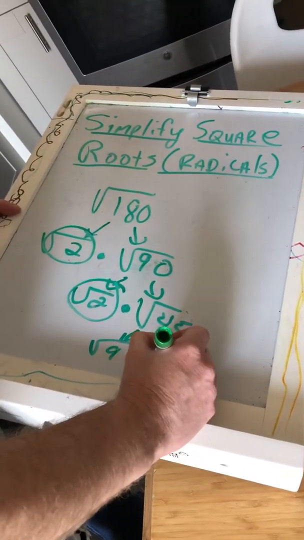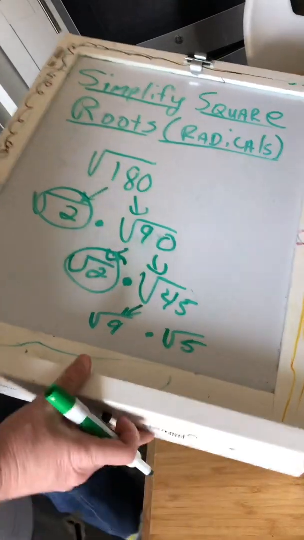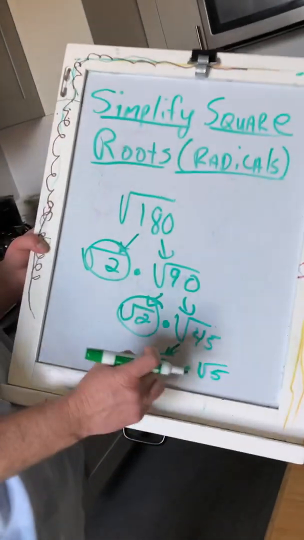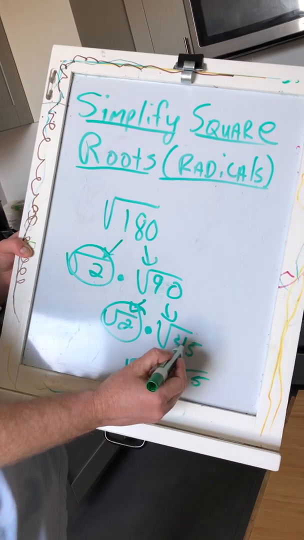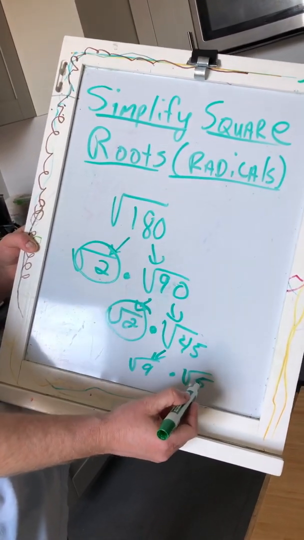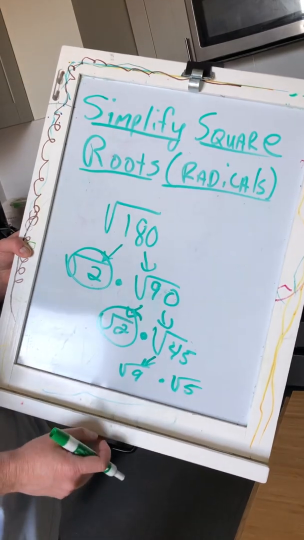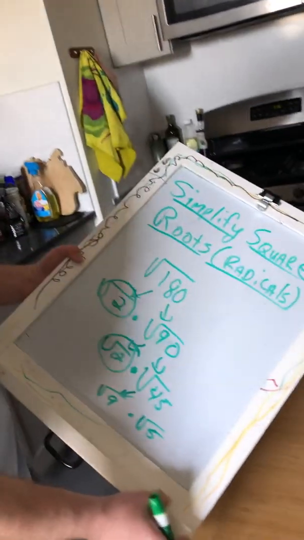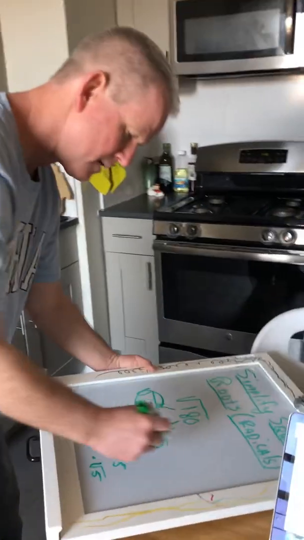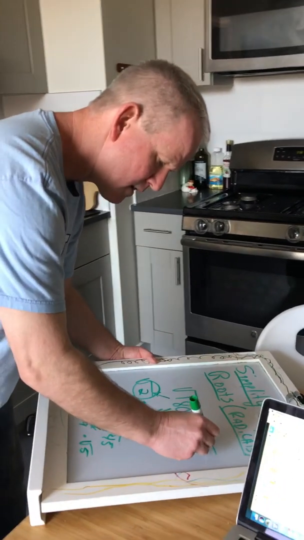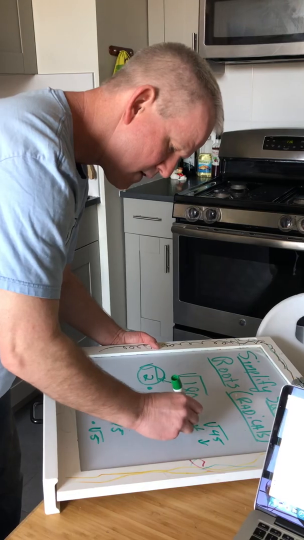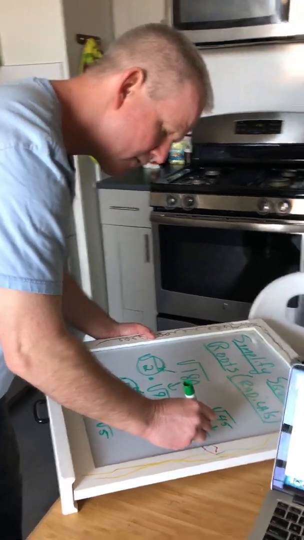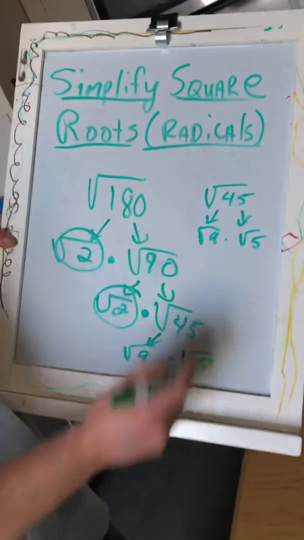And now I'm breaking 45 down into 9 times 5, because 9 times 5 is 45. How I got that, you could divide 45 by 5, and the answer would be 9. So at that point, I'm going to come back here. I'm going to rewrite the 45 and break it down into 9 and 5. Well, I'm going to break down 9 into